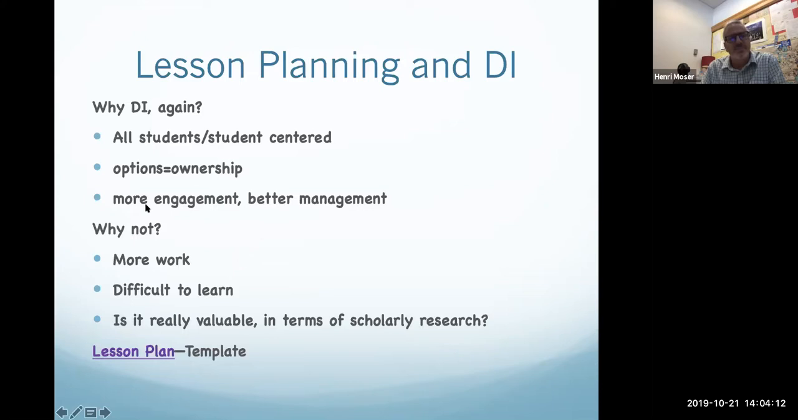And when we look at this piece, I'll skip that and go to the why not real fast. Why not is, some people are still concerned whether differentiated instruction is truly valuable in terms of scholarly research. Some people are studying it, but it's not so easy to quantify the success of differentiated instruction. But this is definitely what's being demonstrated in the research: